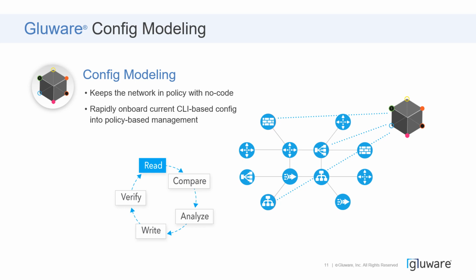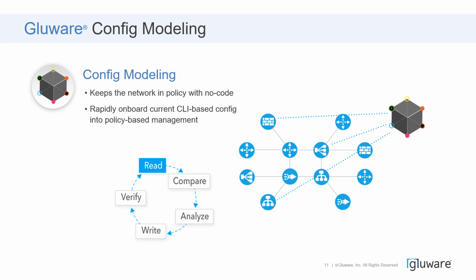For example, a conditional to say, if it's an access port, perform this configuration, and if it's a trunk port, do not perform this configuration. That sort of intelligence around conditionals. And so the key component of the Gluware config modeling capability is that you're able to bring in your own configuration, your own design. However, when Gluware automates it for you, the Gluware automation engine reads the current state of